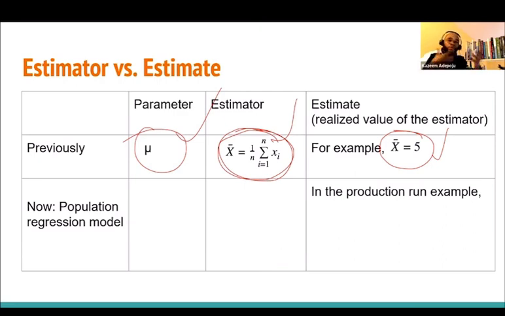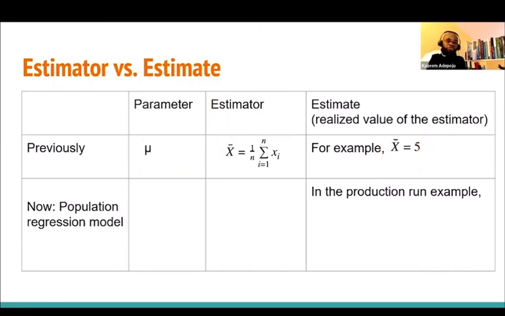Parameter is what we're looking for. It's a population characteristic value that we're looking for. We're looking for the mean, the average of something, and that is symbolically represented by mu. But we're actually going to take a sample, because we don't normally study the entire population. Then if I want to find a sample mean, I'm going to make use of this formula here. The formula here is what we call the estimator. Now the particular value that I got using the formula, maybe I got 5 or whatever, that's what we mean by estimate.